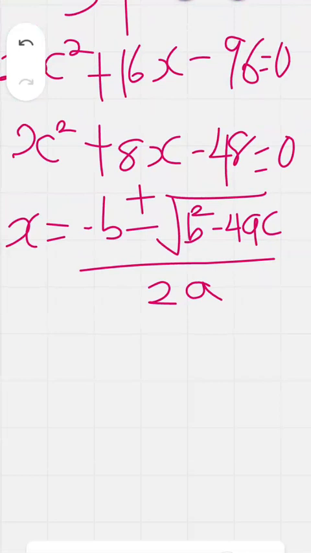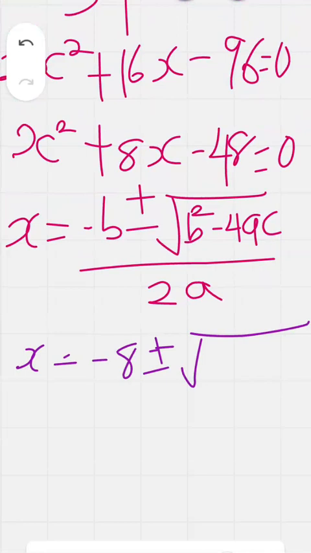So we say x will be equal to negative 8, because b should be multiplied by negative. Because we use plus or minus to give us the two values, plus or minus the square root of b squared, 8 squared is just 64,